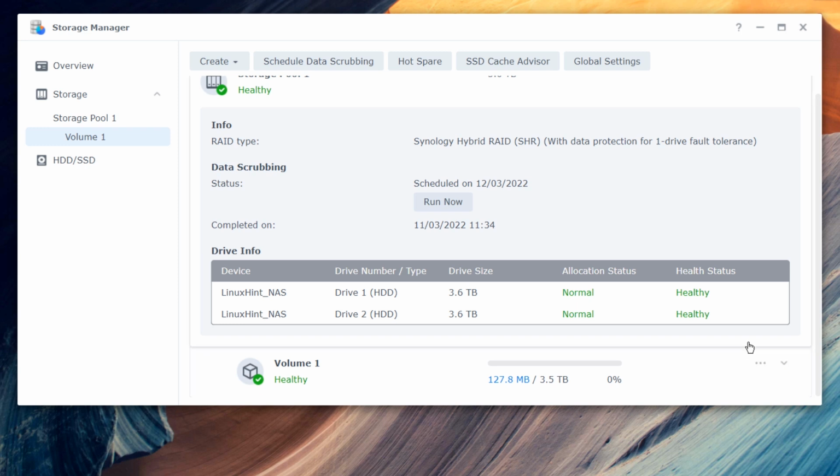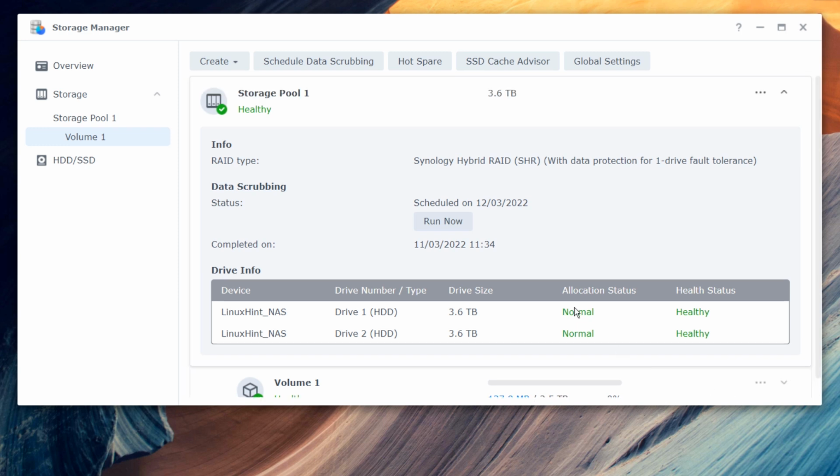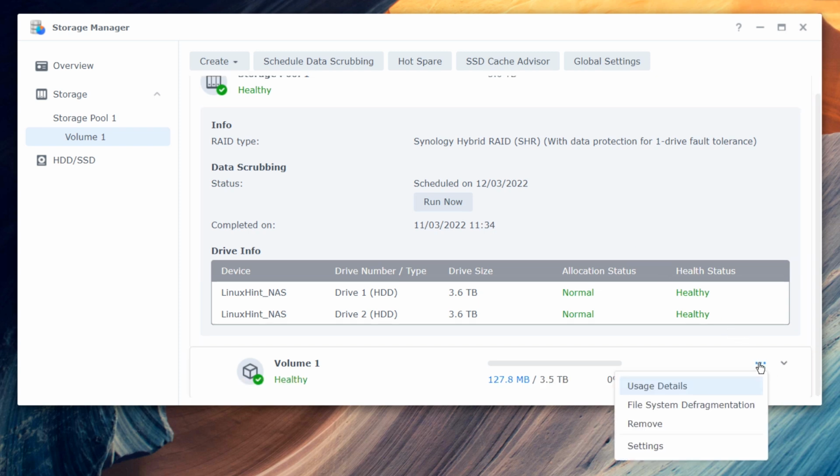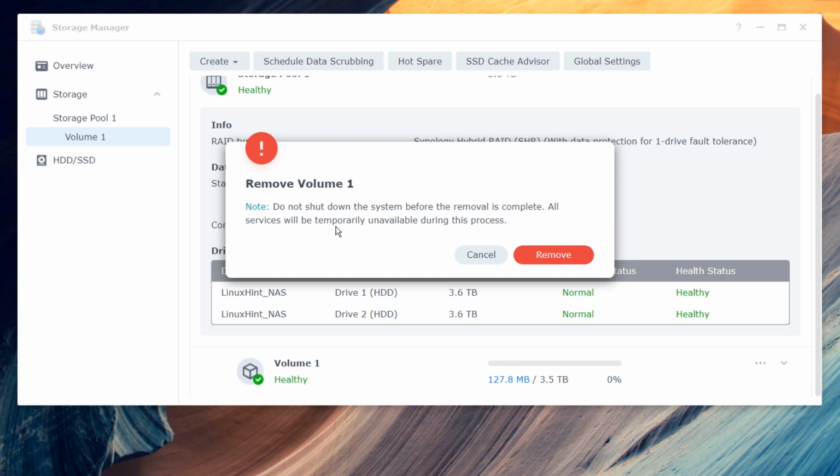So the very first thing that we're going to do is delete this volume so we can use the same storage pool to create different volumes. I'm going to simply click on the three dots right over here and then choose remove. After that, it is going to ask you for the confirmation, so click on this red button that says remove,